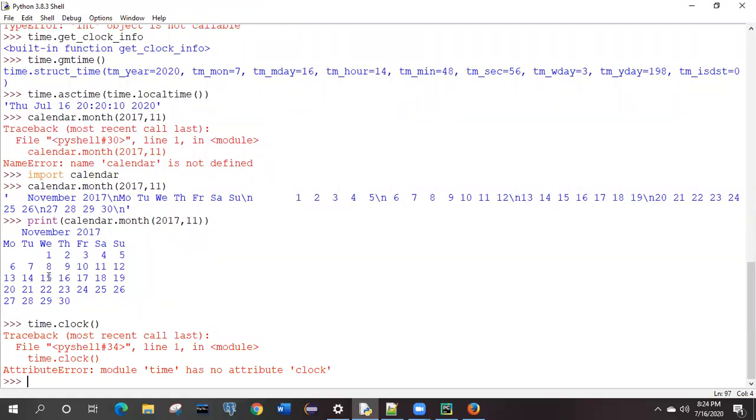There may be always changes, so it has changed the syntax over here. Instead of that, we have seen the time method, asctime. It was giving the time, or if we want gmtime, it is showing us the time in a different time zone, right? The basic idea of these examples is how it is going to work and what the different syntax could be. You only have to import it and make use of it.